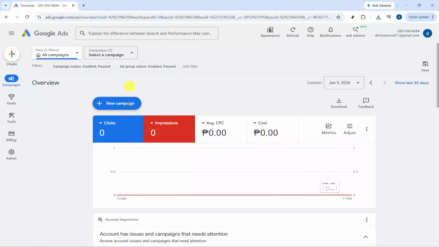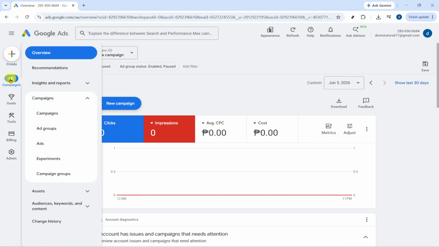Hello, today we will guide you through how to check Google Ads campaign status. To begin, open Google Ads and make sure you're on the overview page. This is the main dashboard where you can access your account and navigate to different campaign details. Starting from the overview page helps ensure you're in the right place before drilling down into the campaign information you